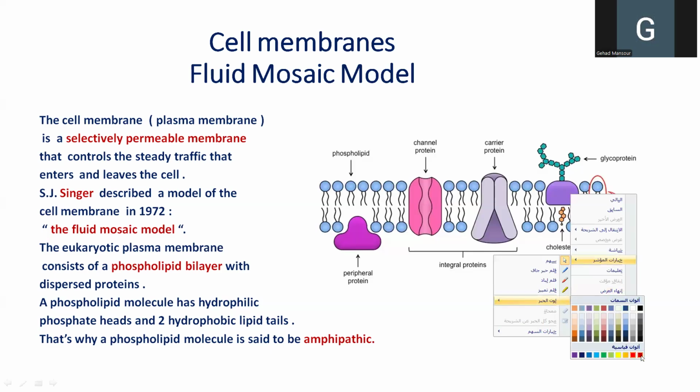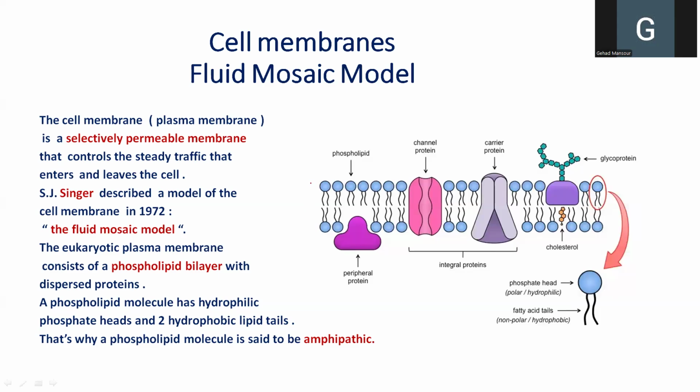phospholipids. And we have seen before that in this first layer of phospholipids, the phosphate heads are always directed outwards. And in the other layer, the phosphate heads are always directed inwards towards the cytosol of the cell. So here they are directed outwards towards the extracellular fluid, the fluid around the cell, and the innermost layer has the phosphate heads